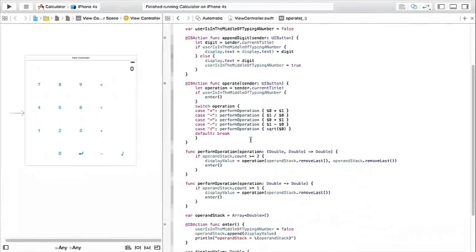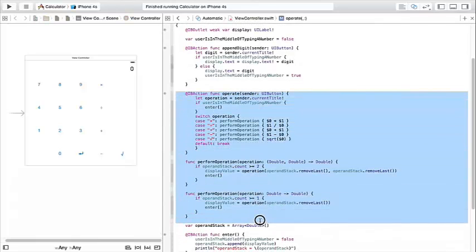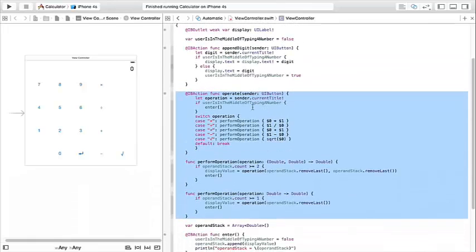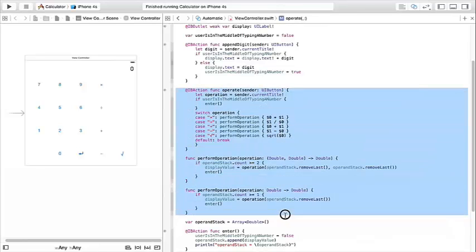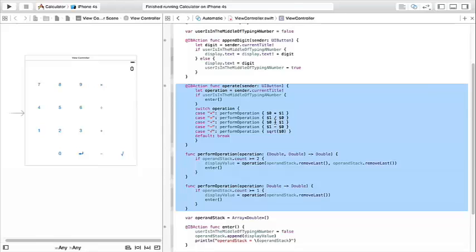Now, later today in this lecture, I'm going to give you a talk about this design paradigm called Model View Controller. We actually designed our calculator kind of poorly, because all of this code here is really nothing to do with UI. This is all calculator brain, calculator engine code. And this really wants to be in a different object, and that's what MVC is all about. So I'll give a little talk about MVC later today, and then on Monday we're going to fix our calculator